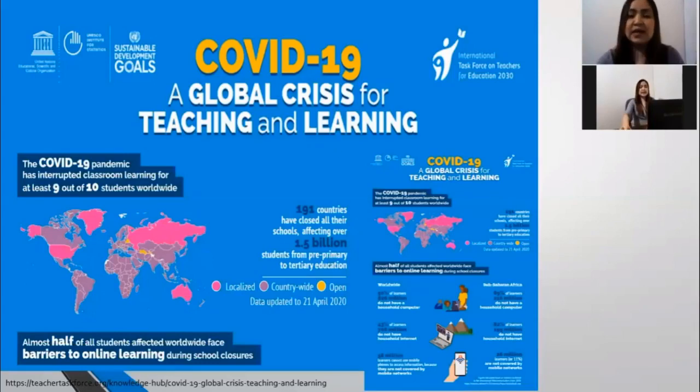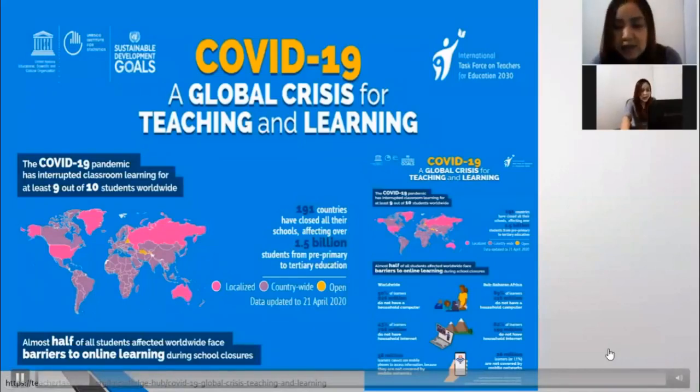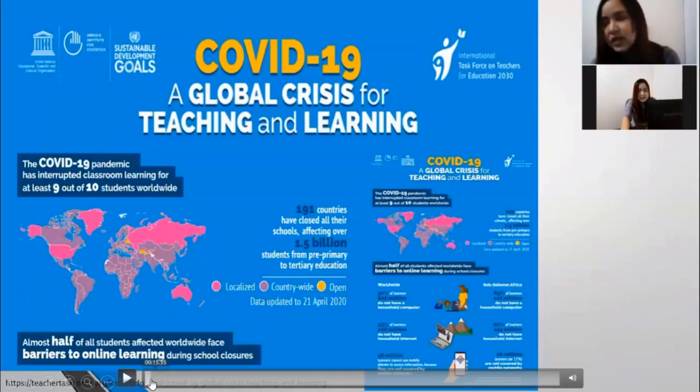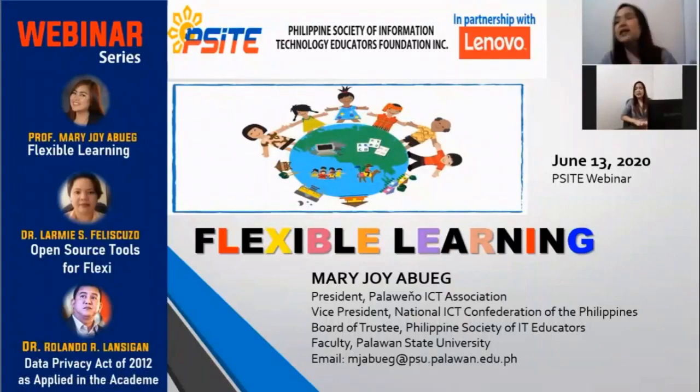In our data there, as you can see, 50% of learners, which is 826 million, do not have household computers. And 43%, which is flexible learning, the dimension of learning and teaching on flexible learning, the integrated approach of flexible learning, and the basics of flexible learning. Before we move on to flexible learning,